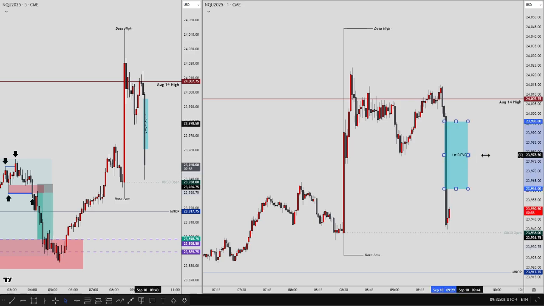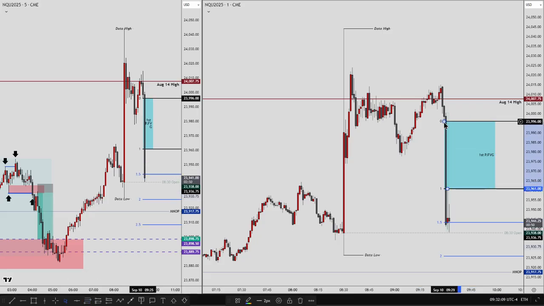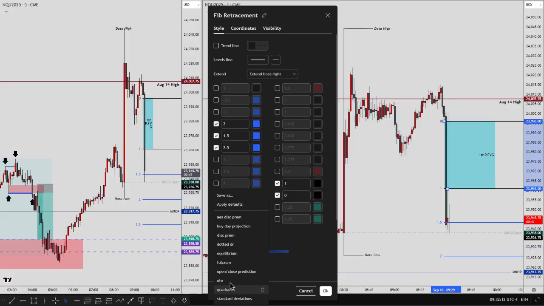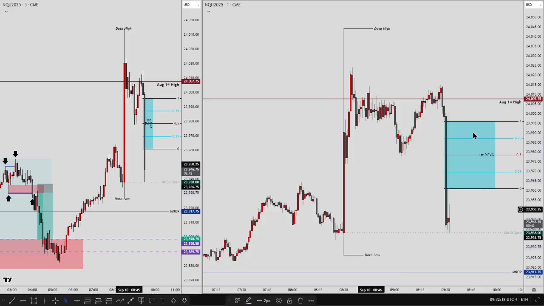Okay, that's good. So that's your first presented fair value gap. You want to use quadrants on that, from this candle's high to that candle's low. You're putting quadrants on it like this, because it's a larger range. Okay, but that is going to